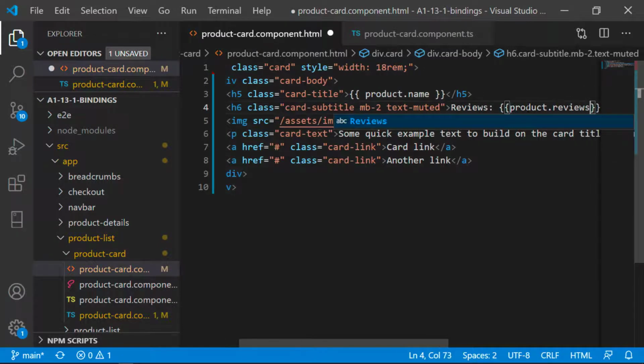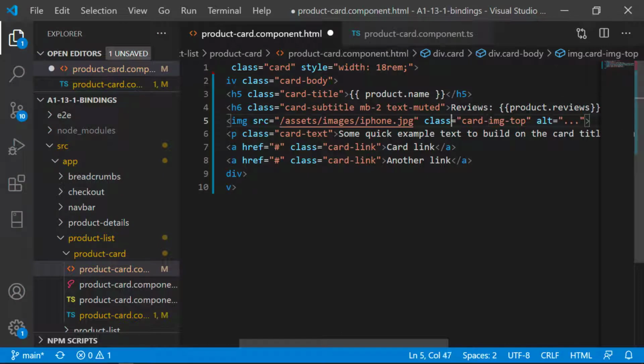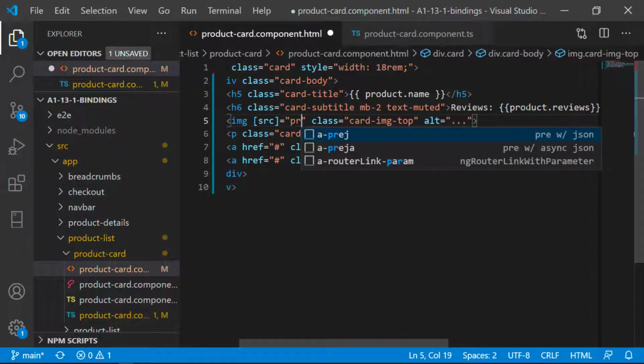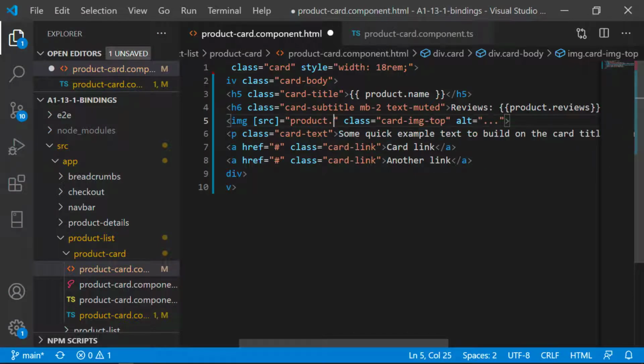Now the next thing is, we are supposed to bind an image to this src attribute. Let's quickly think about what we can do here. We have to assign some value to the attribute. Binding will accept some expression. So here it will be product dot imageUrl. I think it's imageUrl.